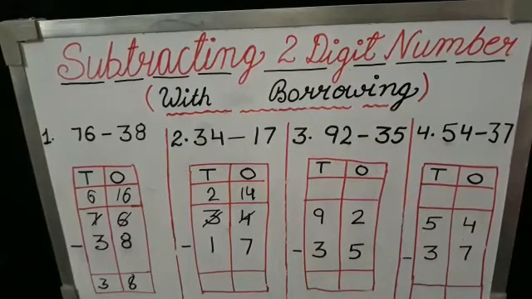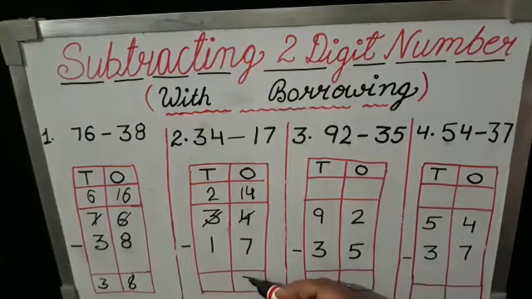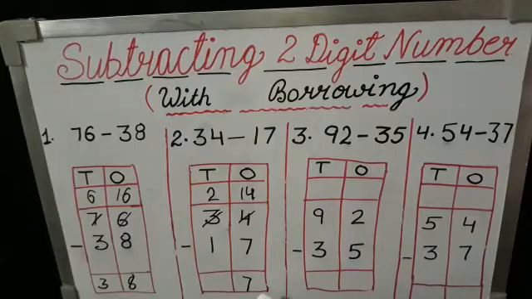Now 14 in mind and 7 on finger and we'll come 7 steps down, means with the help of backward counting. So here comes 13, 12, 11, 10, 9, 8 and comes 7. So here we'll write 7. 14 minus 7 is 7. Now tens column. 2 minus 1 is 1.